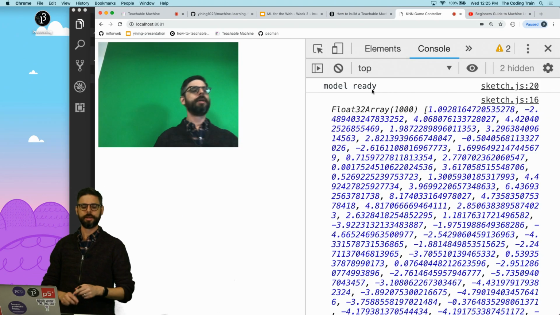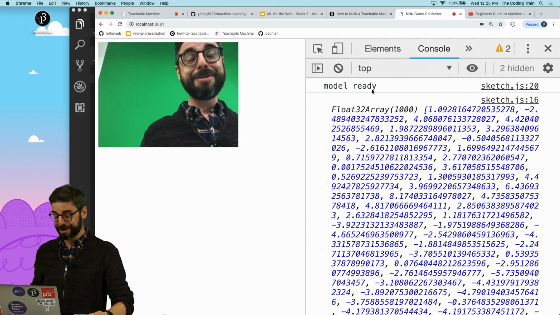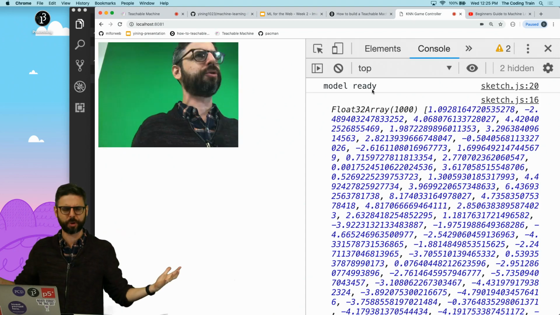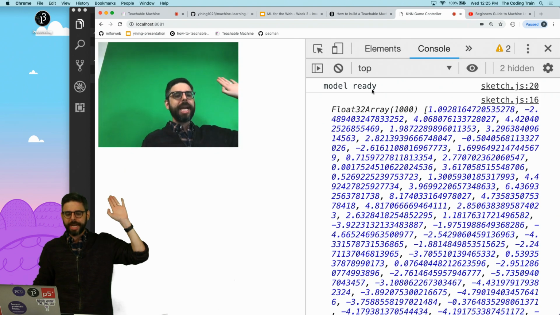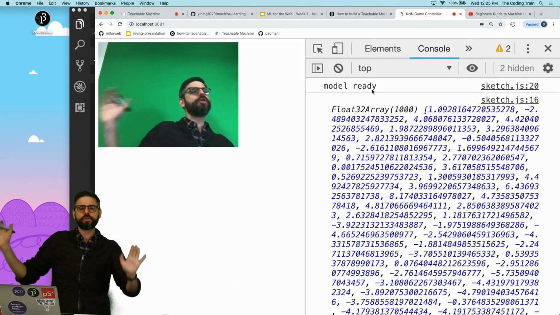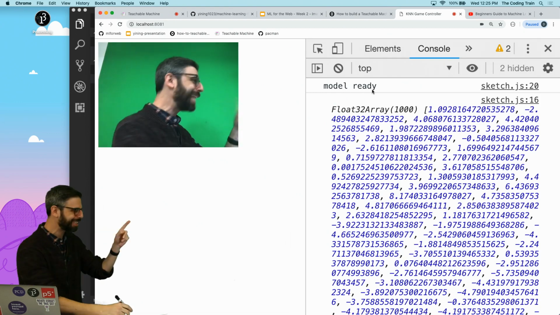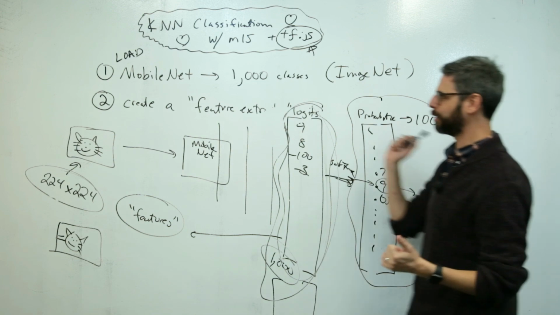All right, we are ready to continue our ML5 KNN classification, what I'm calling game controller. I want to be able to create an interface by which I can train a little controller for a game to move something left and right, maybe up and down. That's what I'm doing. Now, in the last video, I left off at this step where I load the MobileNet